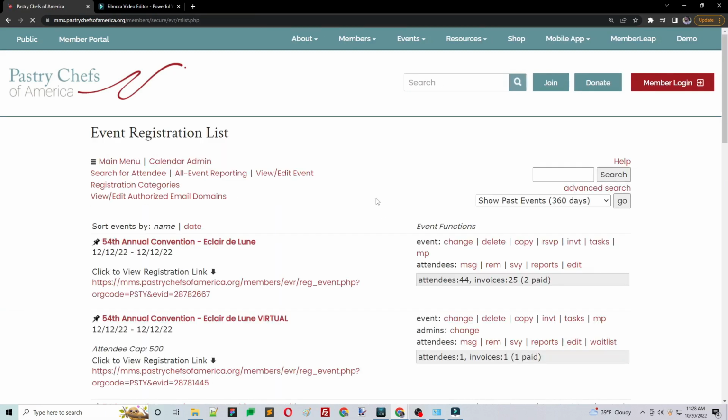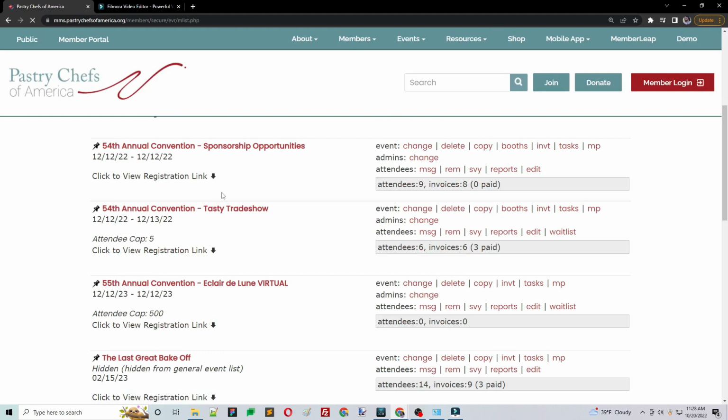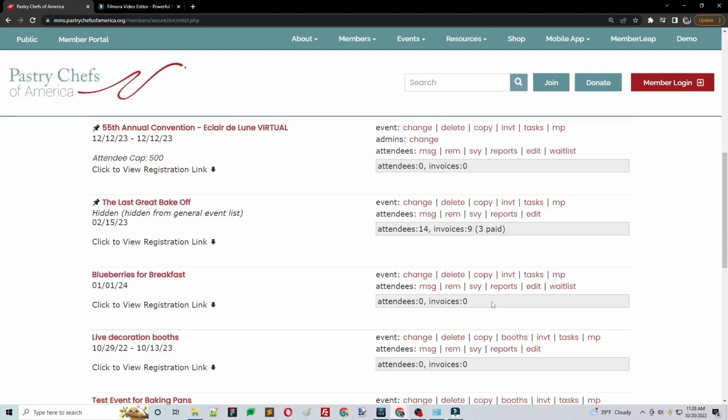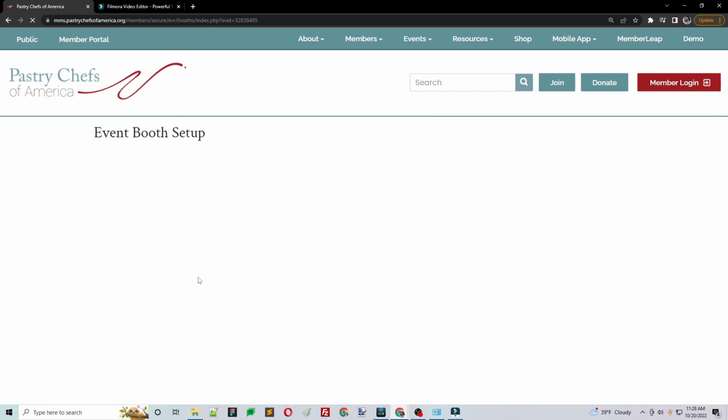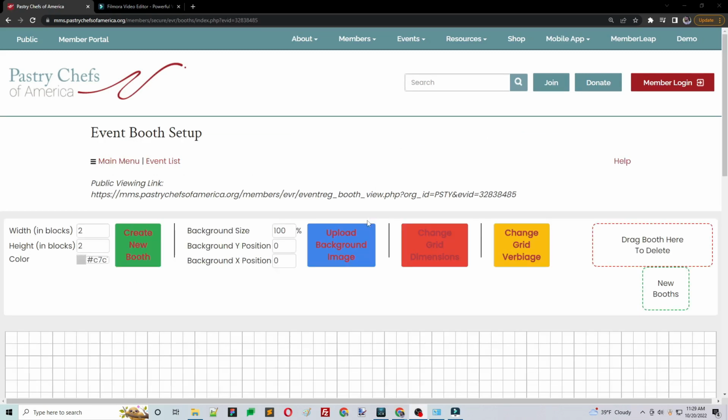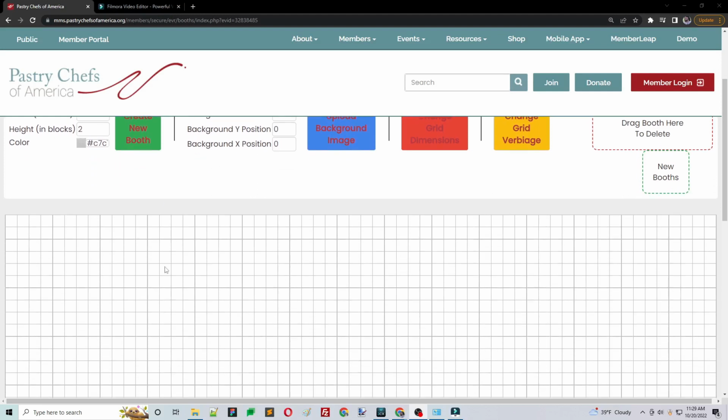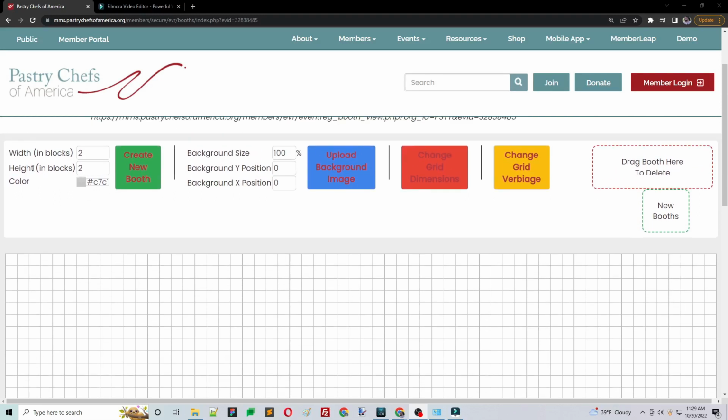When this is turned on, you're going to find a booths link under Event Booths on the event list page, and this will open up to the booth map. On the event booth setup page, we're going to see the booth map down here empty. It's the grid at the bottom here. Above it, we have all the options to create booths, upload a background image, change the grid dimensions, or change